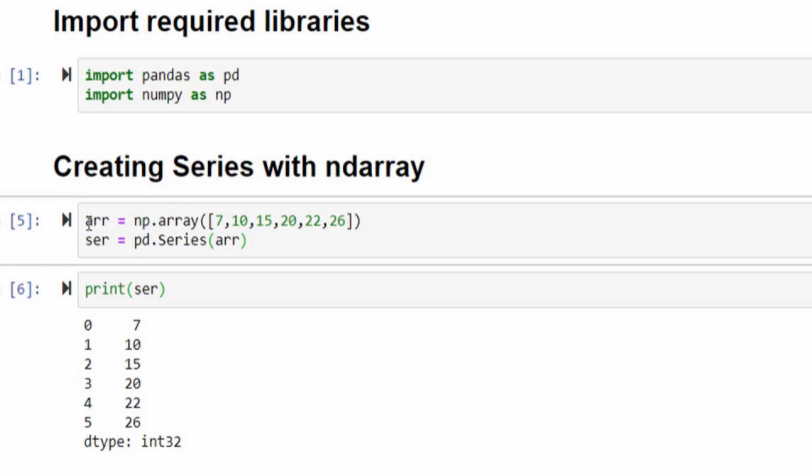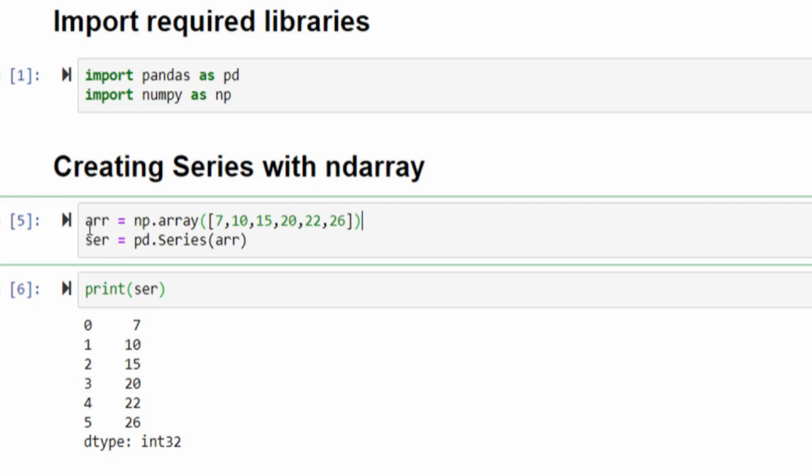So the way to create an n dimensional numpy array is that we assign to a variable np, which is the alias for numpy, np dot array, a numpy array having elements 7, 10, 15, 20, 22 and 26. It will create for us an array which is a numpy array.